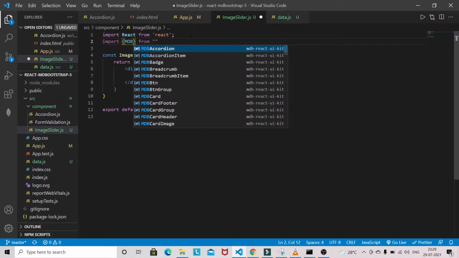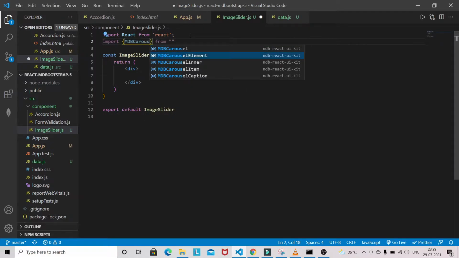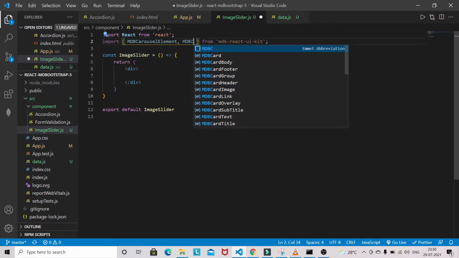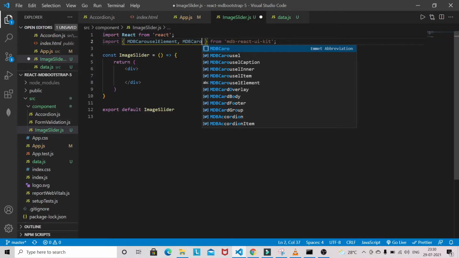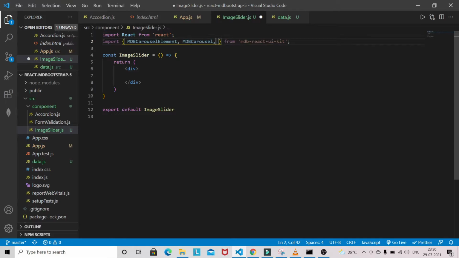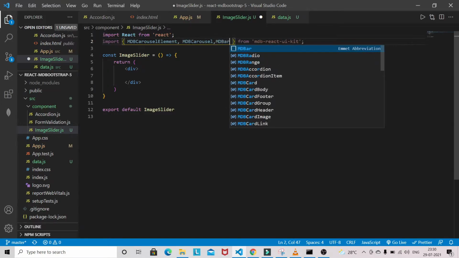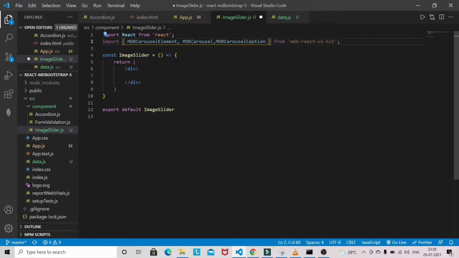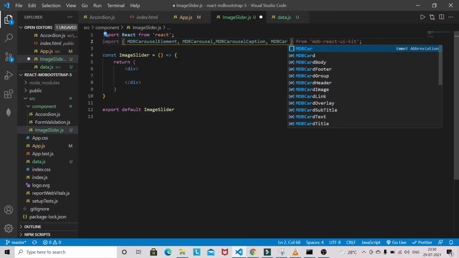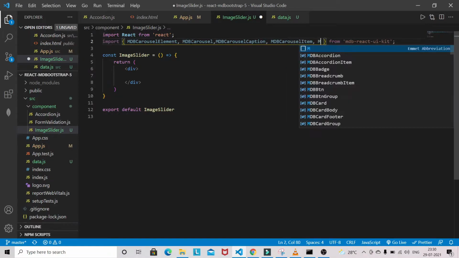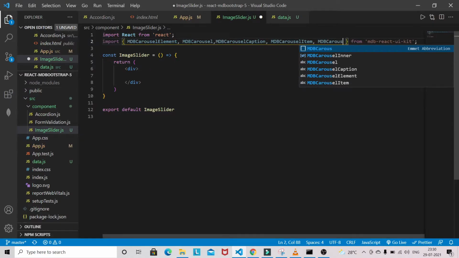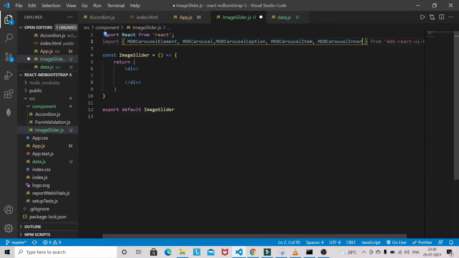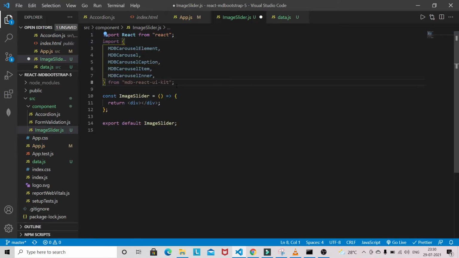So that will be MDBCarousel, MDBCarouselElement, MDBCarouselCaption, MDBCarouselItem, and MDBCarouselInner. So all these things we need to implement that image slider.